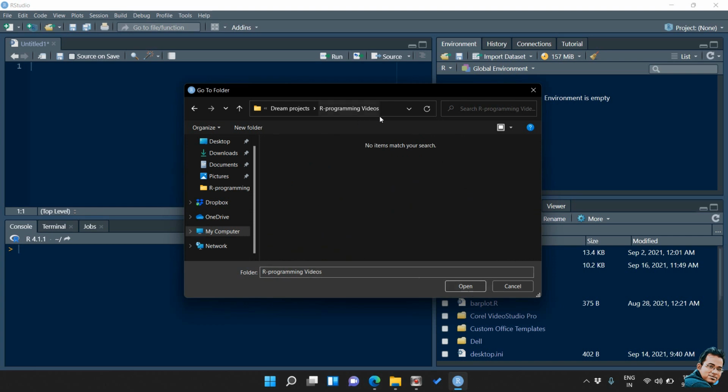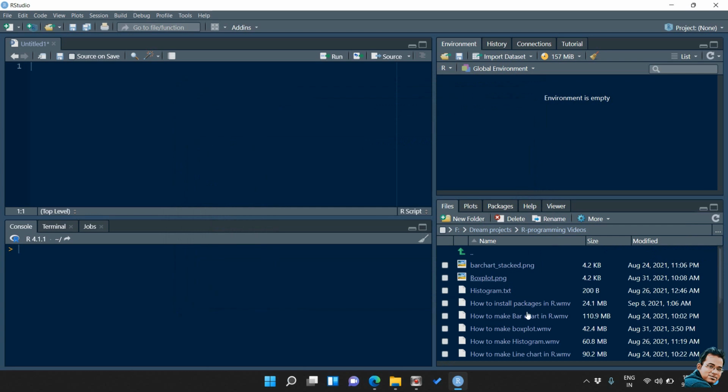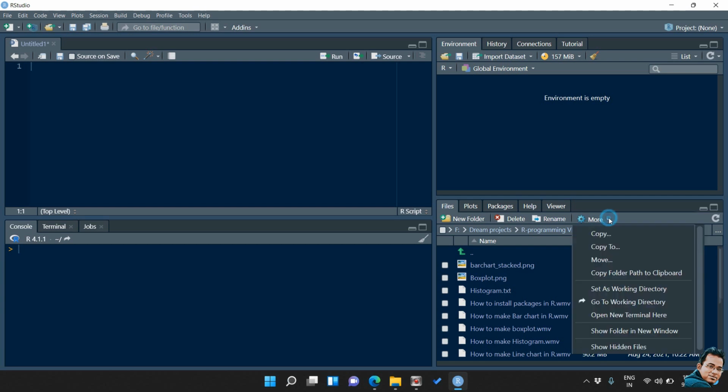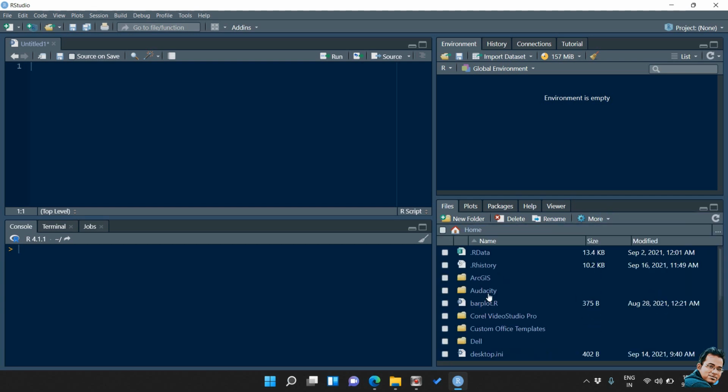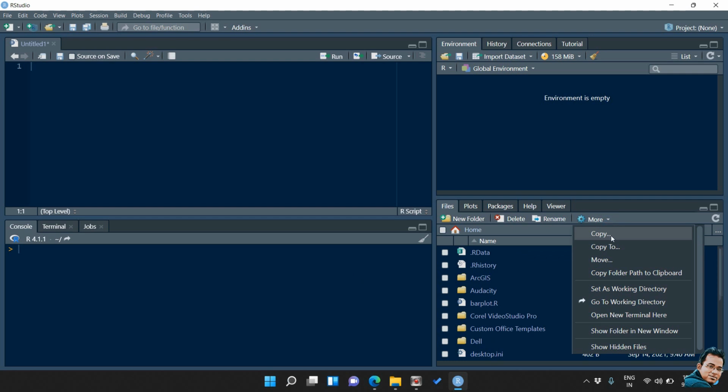If I select this folder and click open, all the contents of that folder will come, and here you can see my file path. This is not my current working directory folder. If we click here in more options and click go to working directory, it will go to the working directory folder.